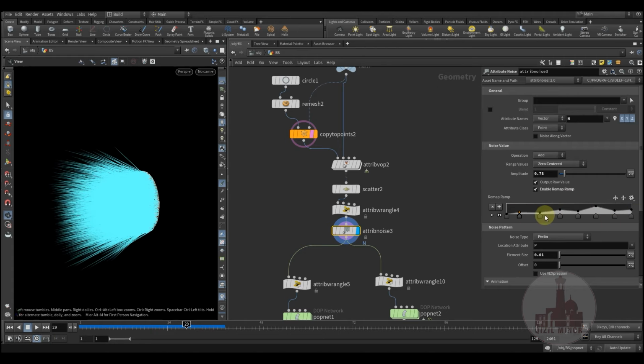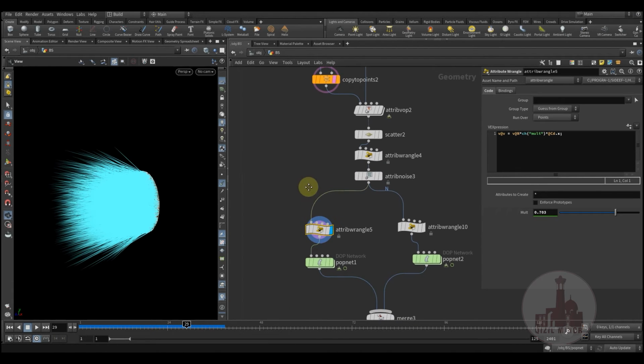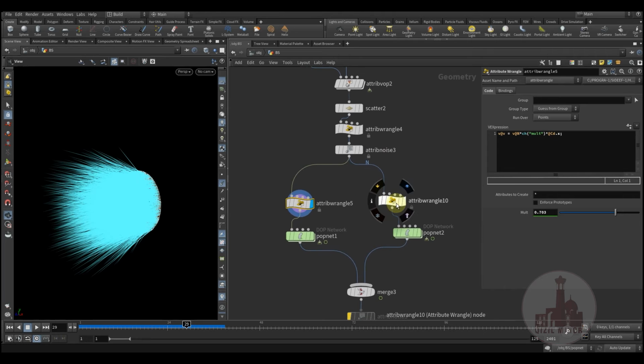I have some random values here, and I'm converting my normals multiplied by the color, yes, and converting it to velocity channel. Okay,